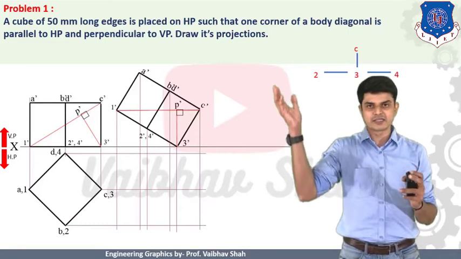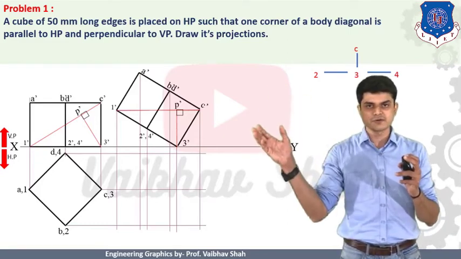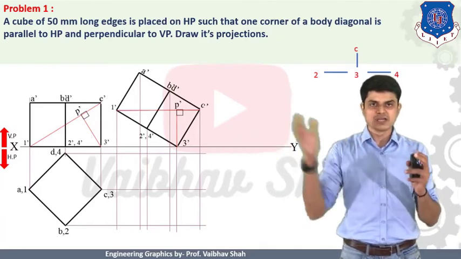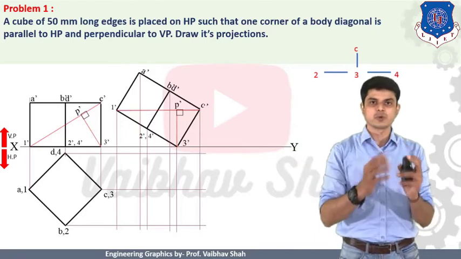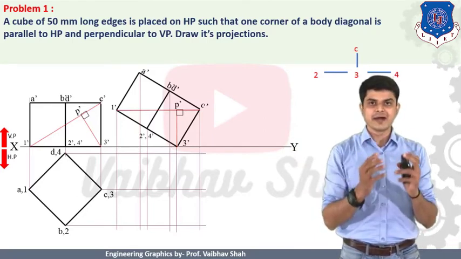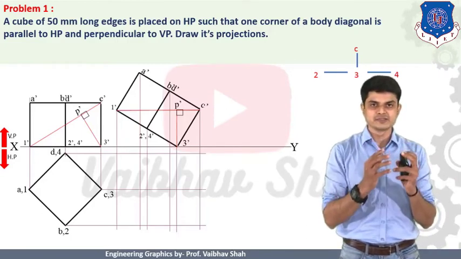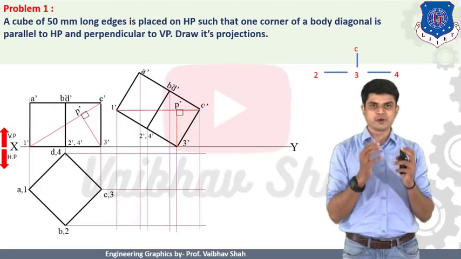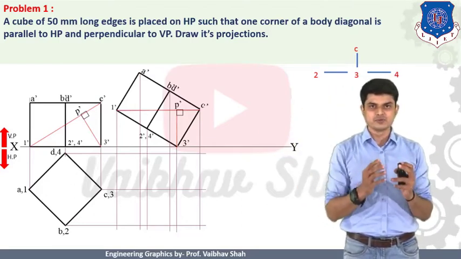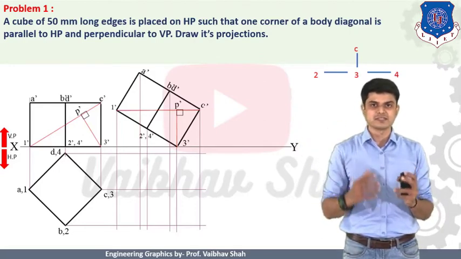When we try to take the top view in our case, there will be one point which is farthest from the observer, which is closest to your xy line. So this is the point 3 dash, which is farthest from the observer and which is closest to your xy line. So we should use our Y rule. So here let us understand the Y rule for hidden lines. As you know, the farthest point is 3 dash. So let us put 3 as a center like this. And we should take one point before this 3, that is 2,